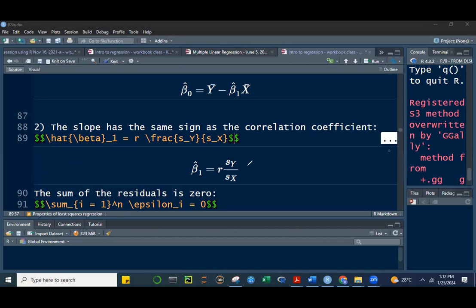Here we can deduce that your slope is related to your correlation by